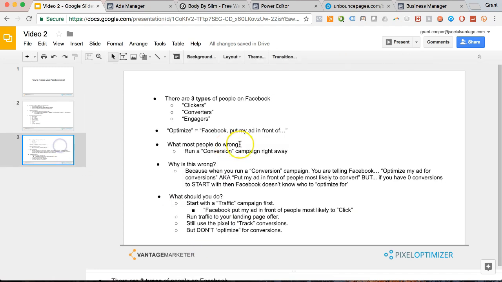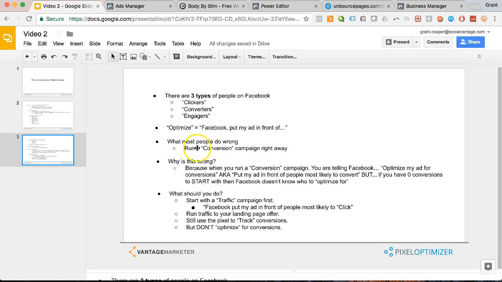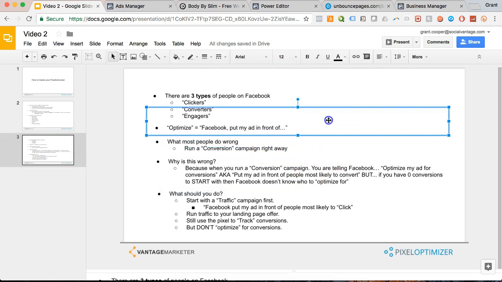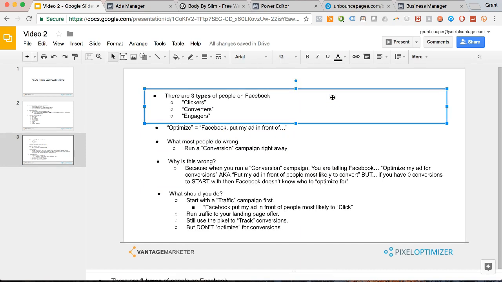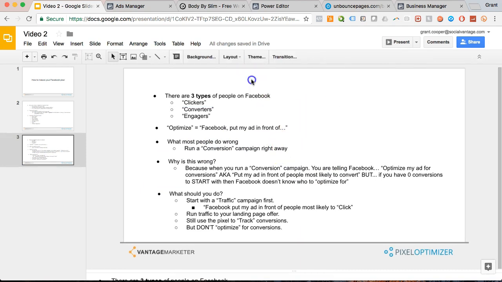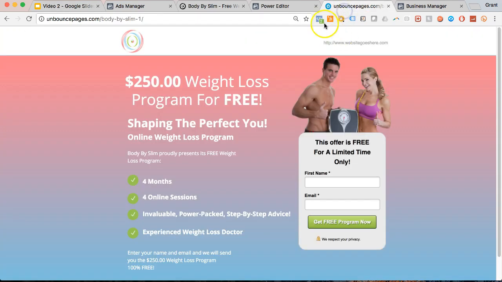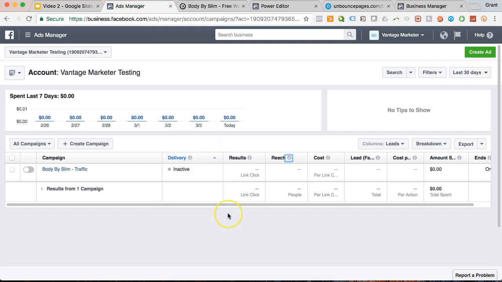Okay, what people do wrong is they run a conversion campaign right away, and Facebook is like, yo, I have no idea who you want me to put your ads in front of. Why are you optimizing as a conversion? You have 0 conversions. Who am I going to put this ad in front of? So you run a traffic campaign. You let Facebook mature. You let the pixel mature and get more data. And then once you get a good amount of data, a good amount of pixel fires, then you switch over to a conversion campaign,